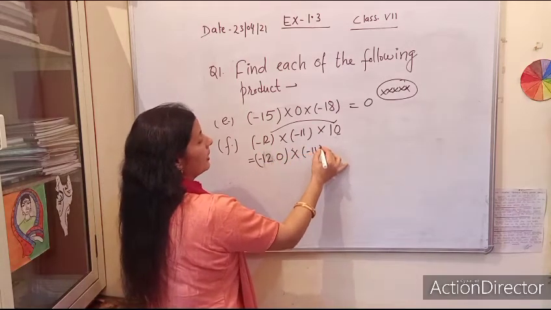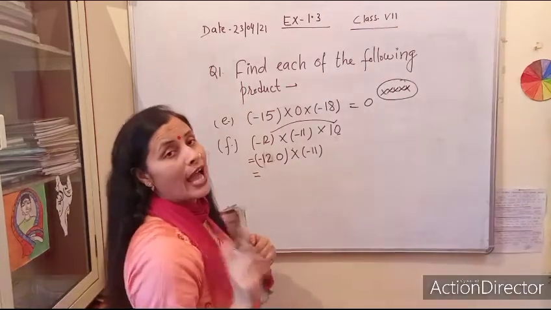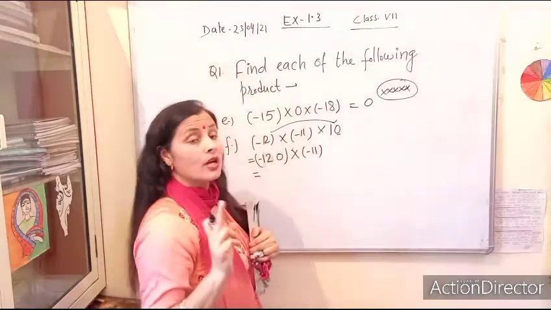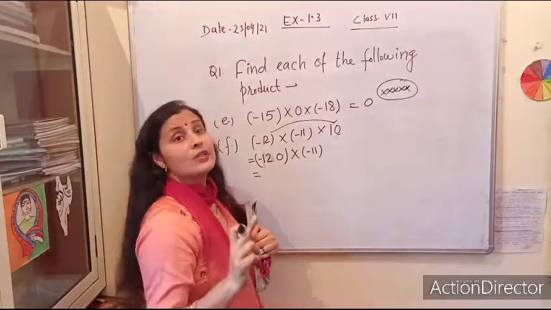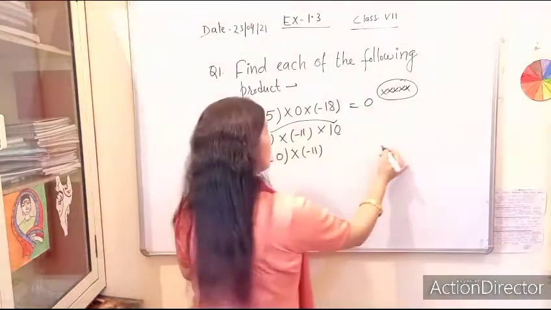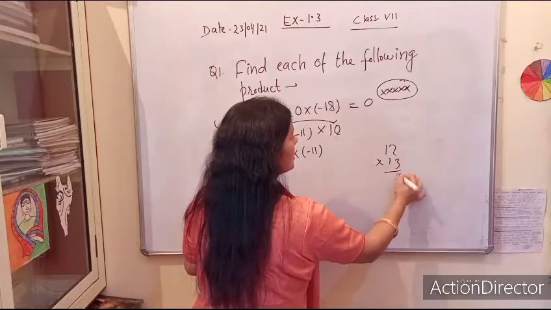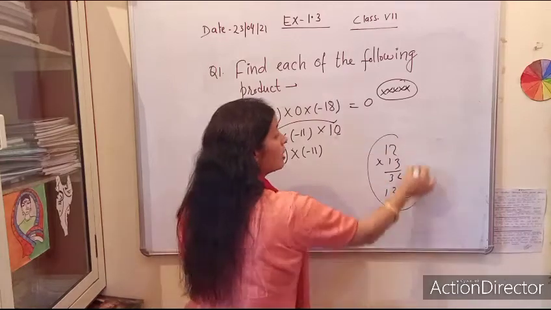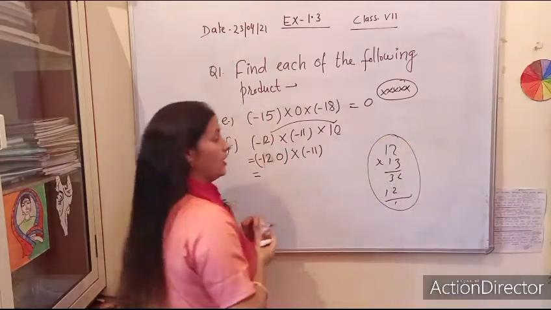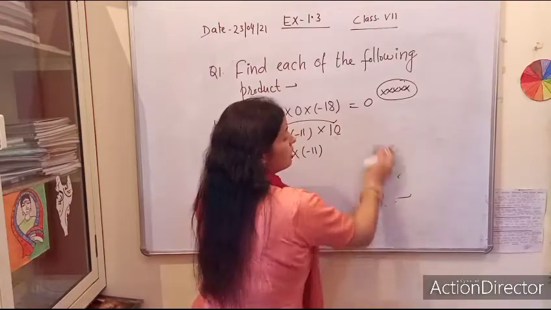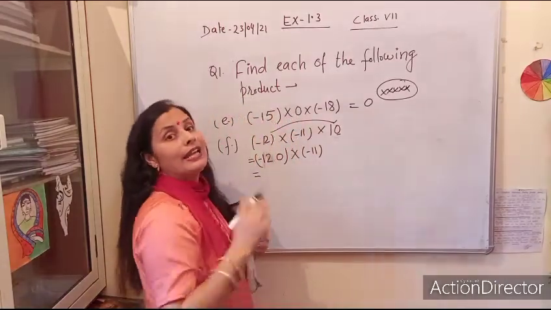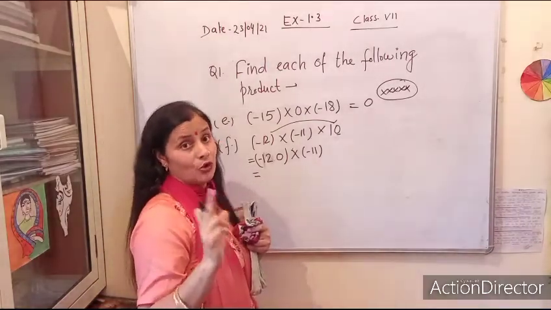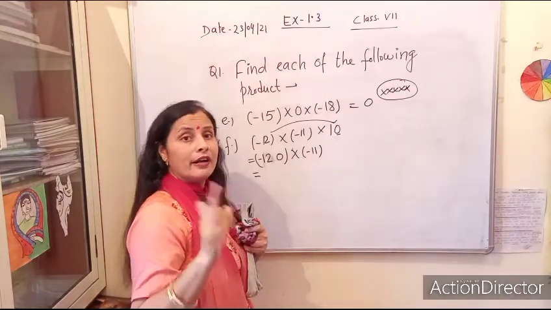Now minus 11. I hope all of you have learned the table up to 20, because you are 7th grade students. It is very important that you know the table up to 20. Every time you cannot choose the longer method, like 3 twos are 6, 3 ones are 3. It is a time-consuming method, so you have to learn the table at least up to 20. It might be possible that in any Zoom class, I will take your oral test of the table, and I will check how many of you have learned the table up to 20.